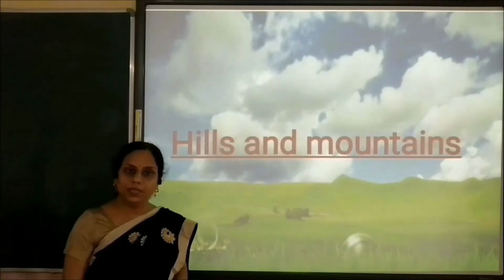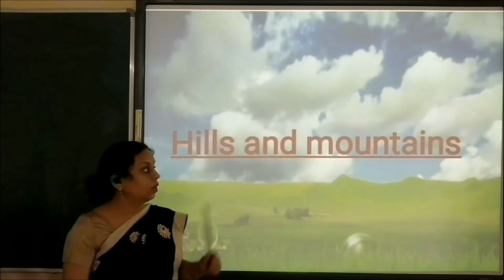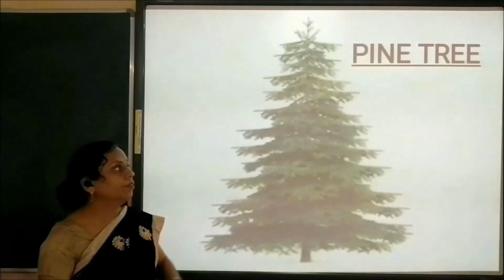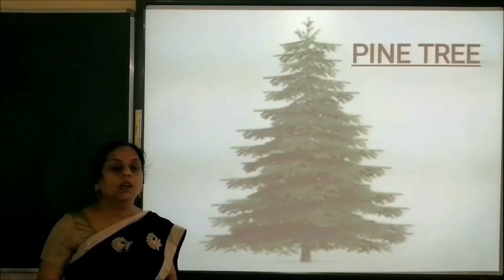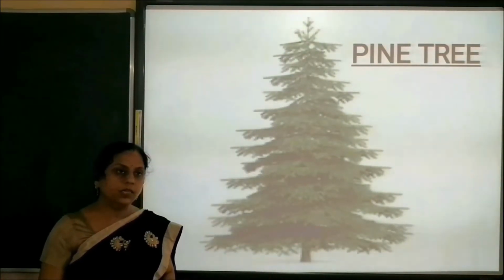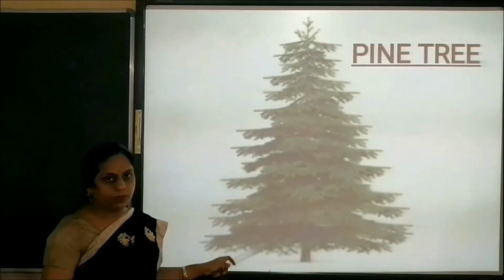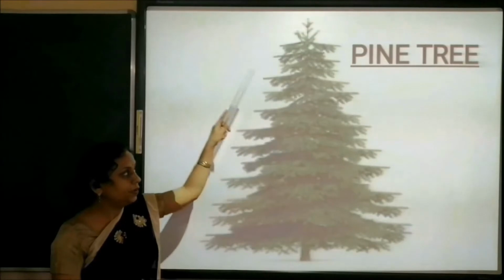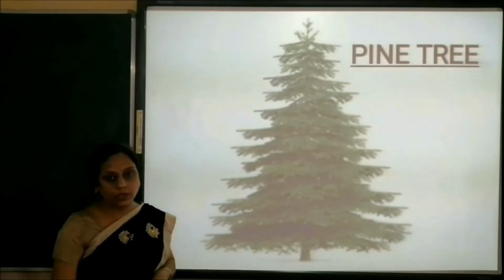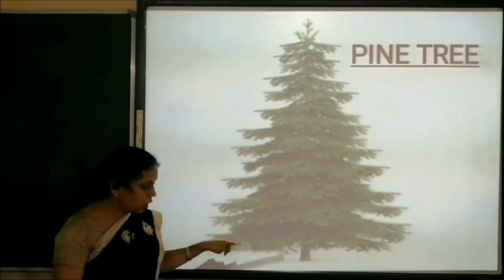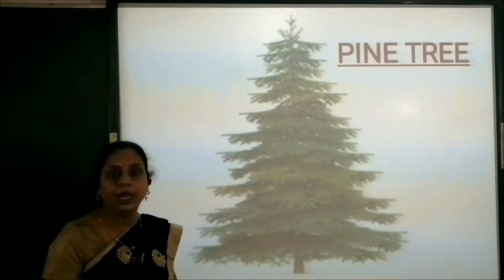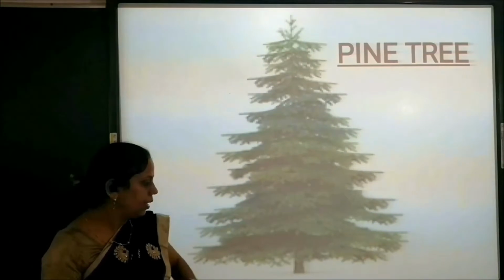So first we will discuss the trees growing in hills and mountains. The tree which is found in the hills and mountains is the pine tree. Now you can see children, this tree is conical in shape. Pine tree is tall and straight. They have a short stem. The leaves are very thin and drooping down. Next,